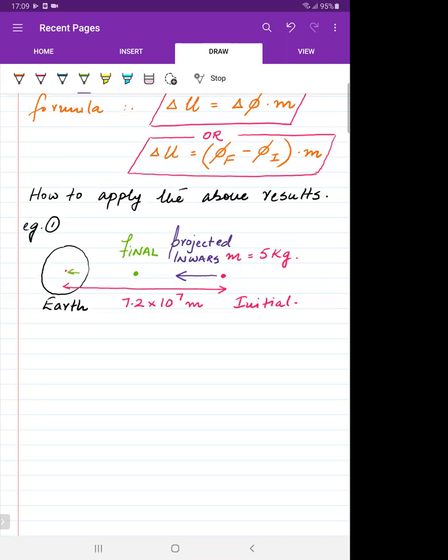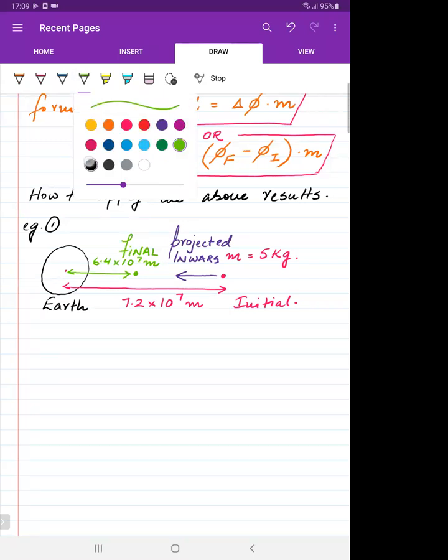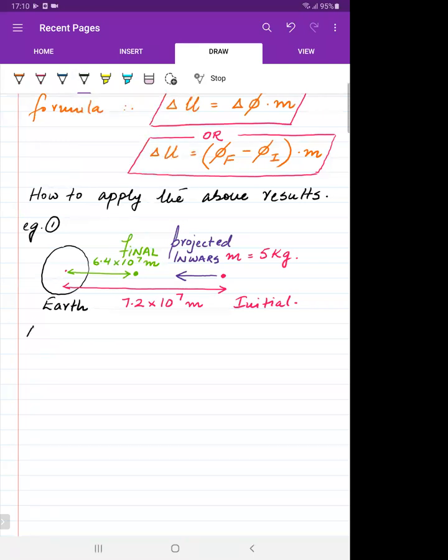And the distance given to you for the final position is 6.4 times 10 to the power of 7 meters. Okay, so an object of mass 5 kilograms is projected inwards from its initial position to a final position. And imagine if the question says, assuming no energy losses,